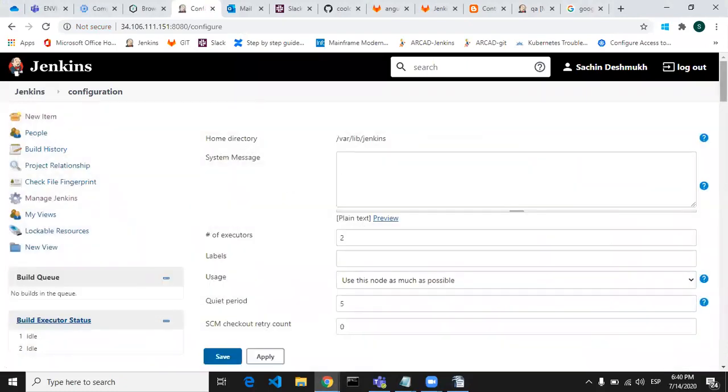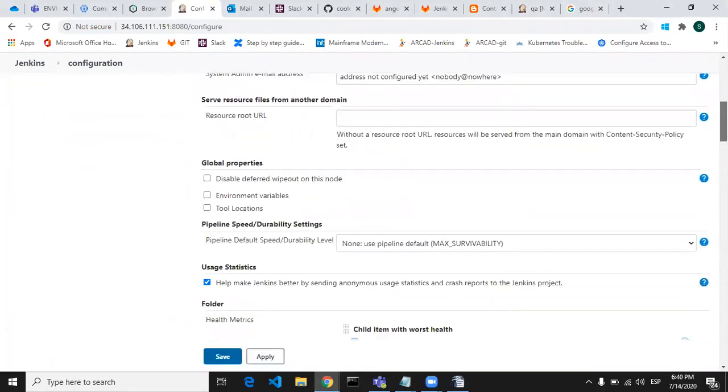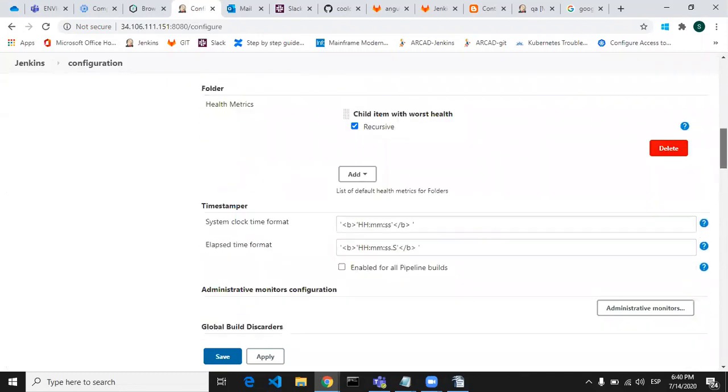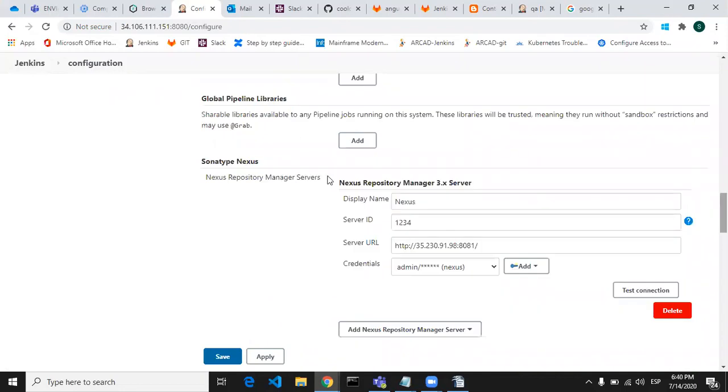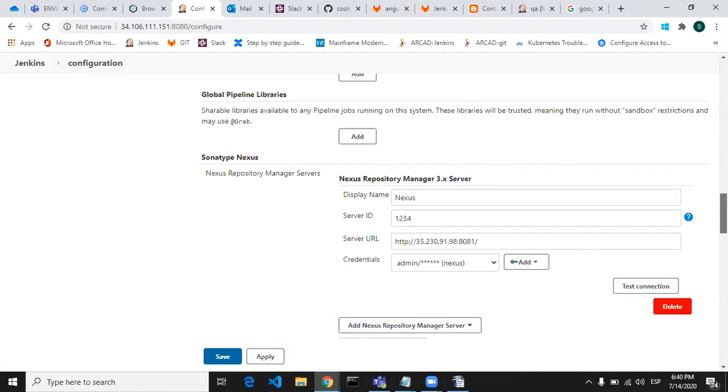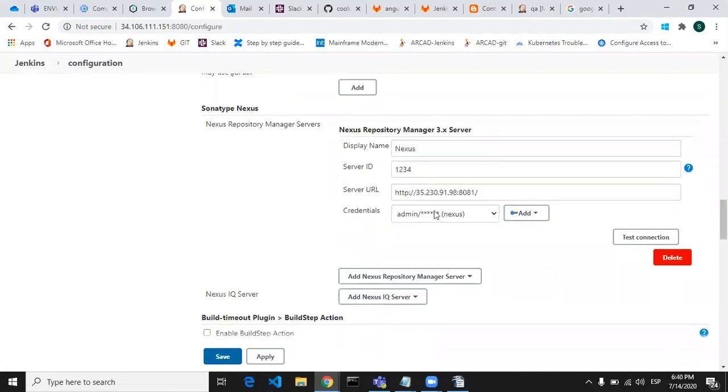Here you have to look for the Sonatype Nexus configuration, and here you go. You can see Sonatype Nexus.